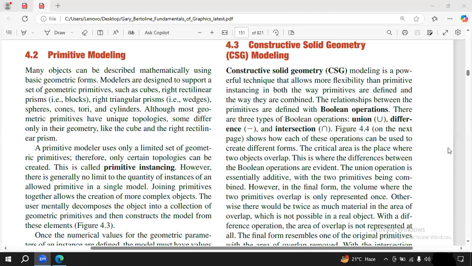Now, coming towards the detailed view of constructive solid geometry modeling. What is CSG basically? CSG modeling is a powerful technique that allows more flexibility than primitive instancing. As we have discussed, primitive modeling or primitive instancing is basically the